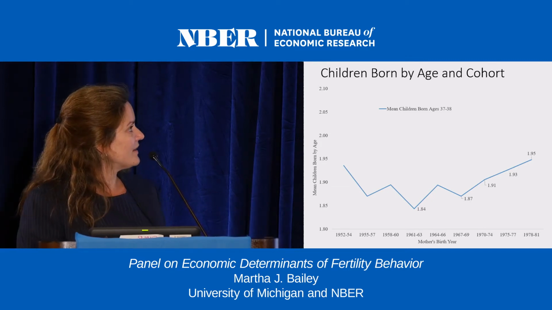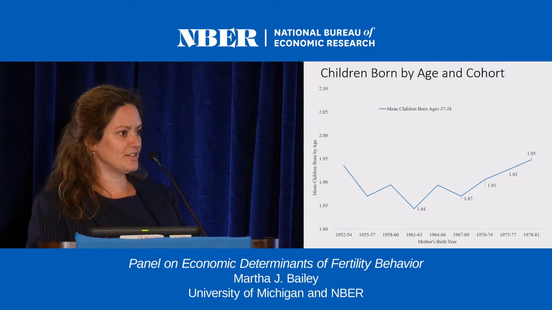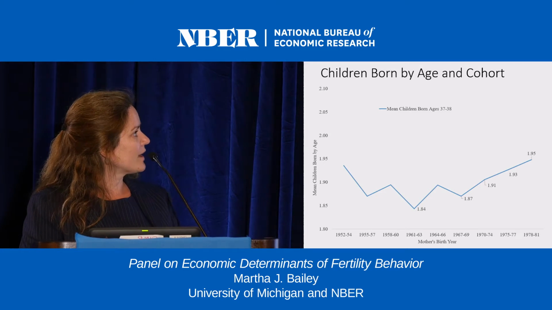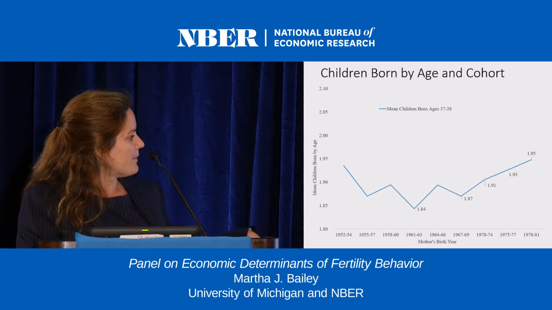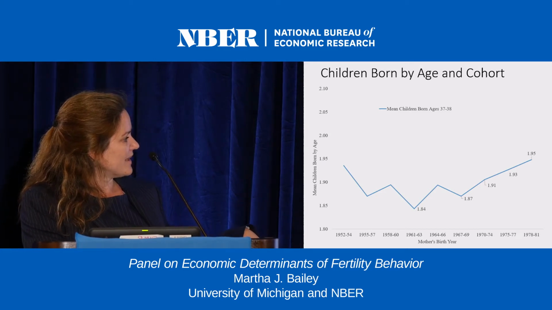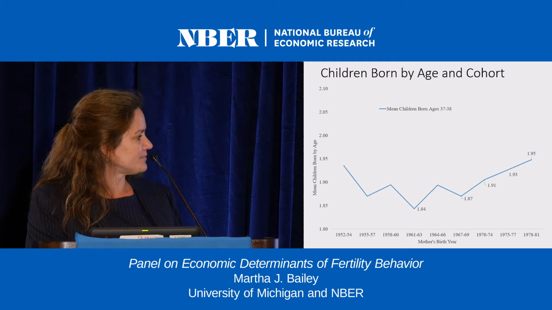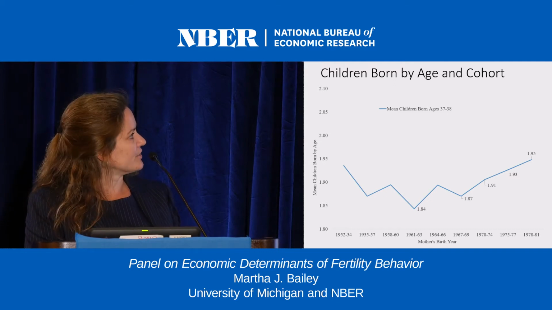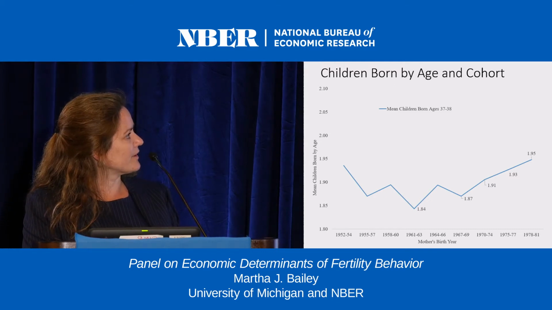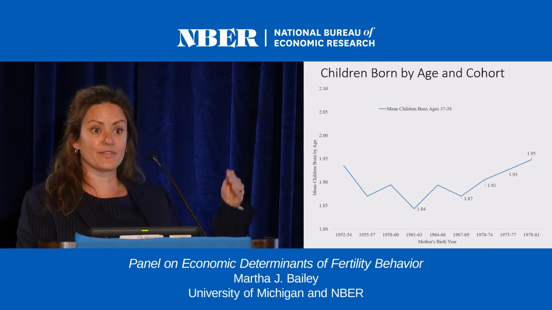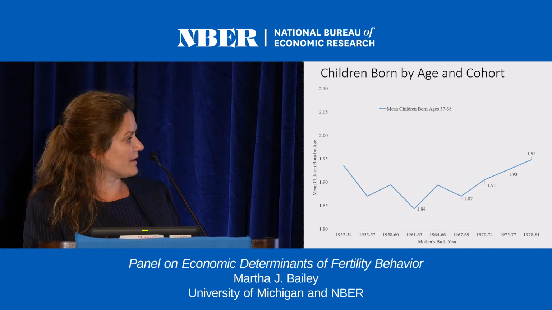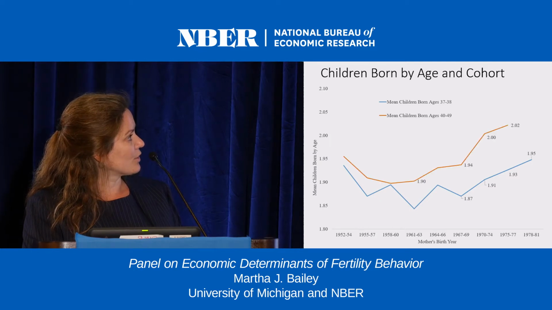Just in case you want to see how these changes in distributions have contributed to children born by age and cohort, what I'm plotting here is the mean children born by birth cohort, that's birth year here, and these are averaged by 5-year bins, or I'd say 5 to 3 year bins, just because they start to get really noisy looking at the June CPS. But if you look at the mean childbearing for women who are at the age of 37 to 38, you see that that's creeping up as we move towards the early 80s cohorts.